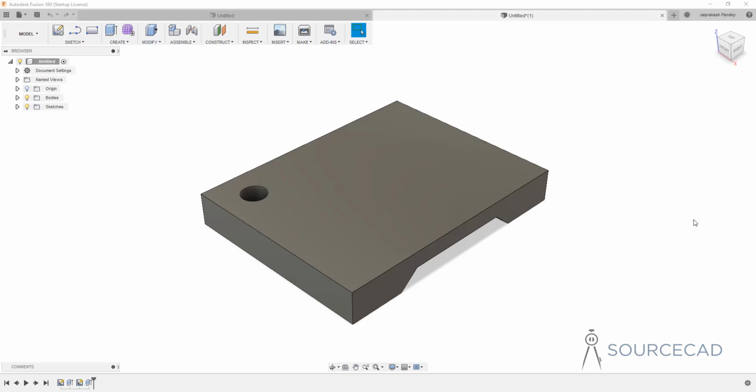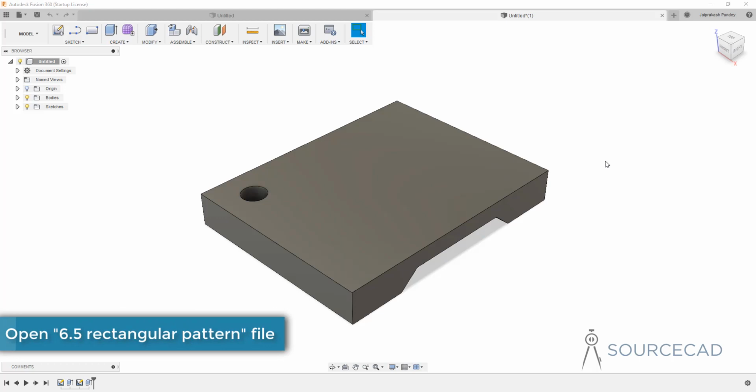So now we'll talk about making patterns in Fusion 360, and these patterns actually help us in making similar kind of objects along different geometrical shapes, like rectangular pattern along a rectangle, circular pattern along a circle, and path pattern along any kind of path. So we'll start with the rectangular pattern, and for this I'll use this plate drawing, and here we have this